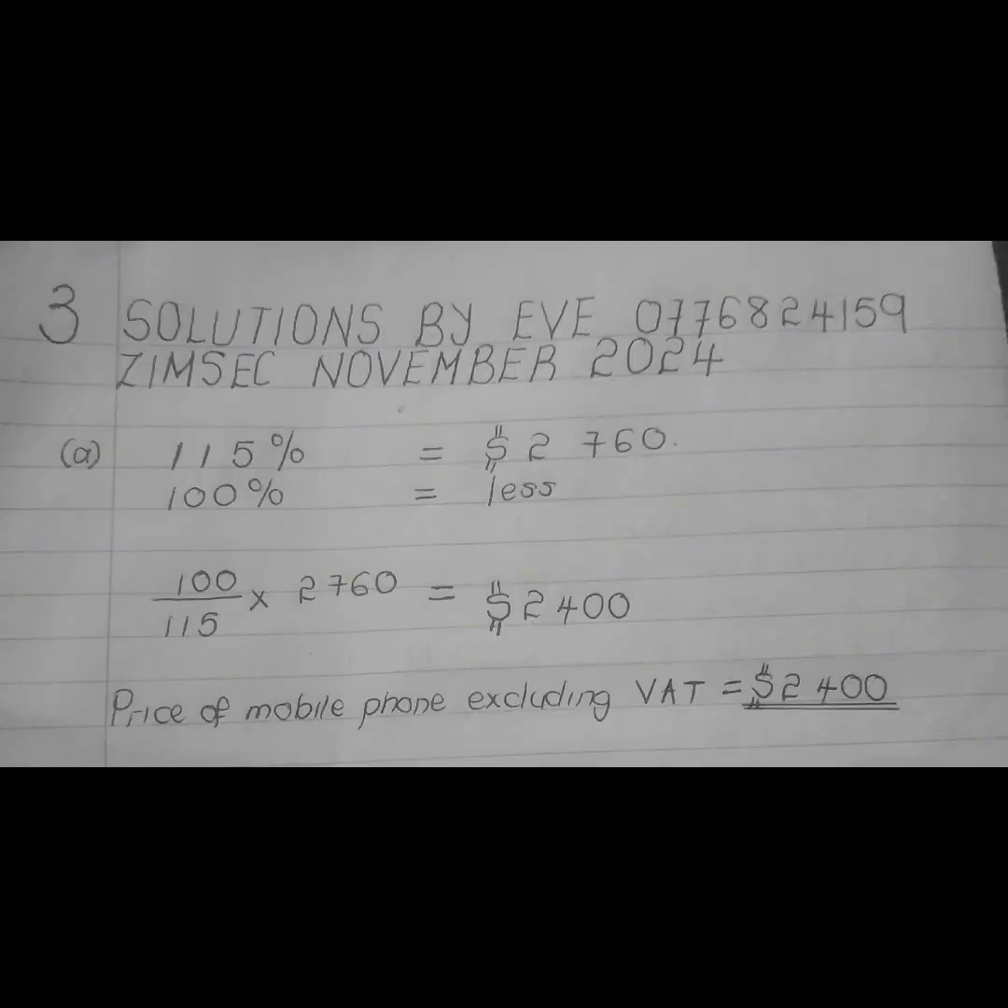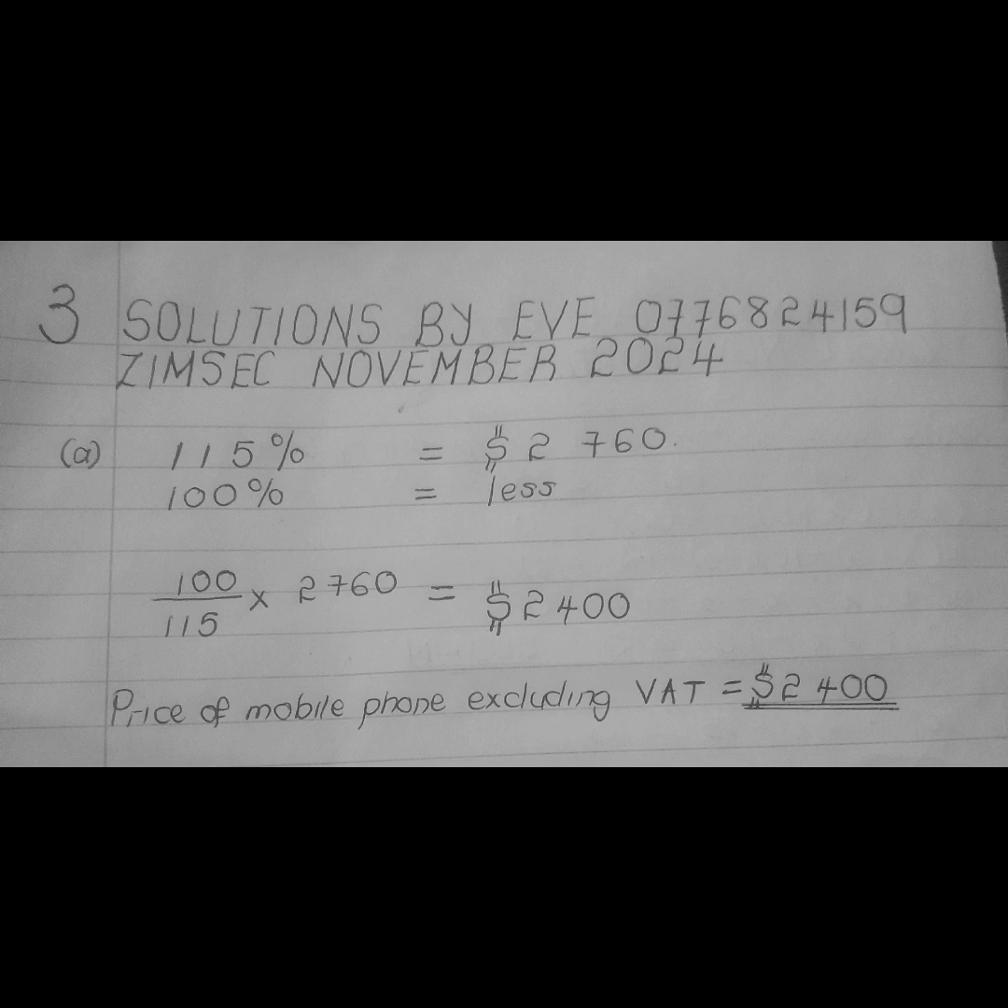So what we are going to do here is that we are going to say that 2,760 is equivalent to 115%. We add 15% to 100%, and then the cost price before the VAT is going to be 100%. So we need to find the equivalent of 100%. We are going to apply proportion. If 115% is equal to 2,760, what about 100%? It is going to be less. So we say 100 over 115 times 2,760 in order to get our price of mobile phone excluding VAT